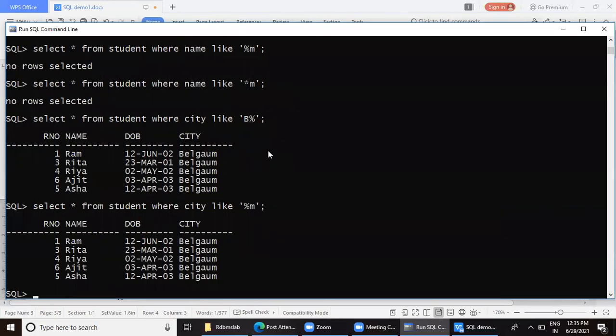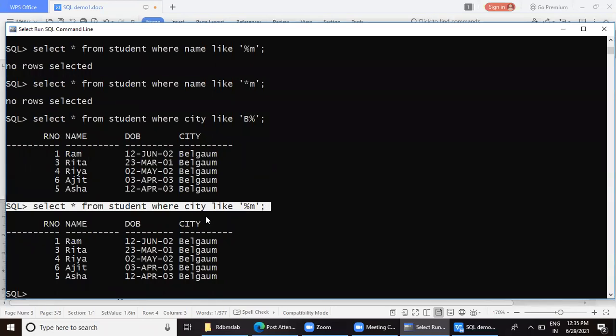Did you get the query here? Yes, ma'am. I'll check why the earlier one didn't work; there may be some other mistake. So to display students where the city name ends with M, percentage means any number of characters before M.